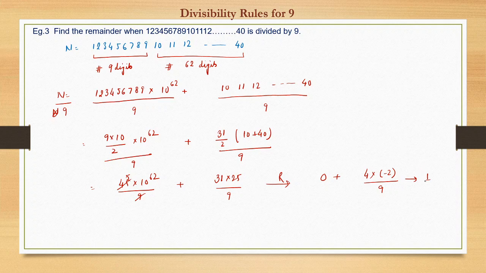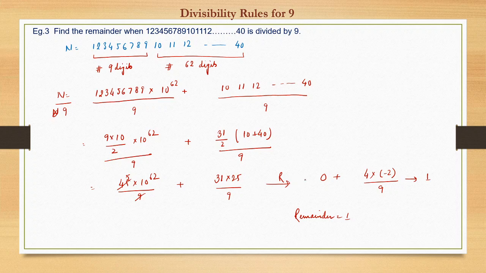So this way we can check. So what is the remainder? Remainder is 1. One method could have been to add all the digits 1 2 3 4 5 6 7 8 9 1 0 1 1 1 2, but that would have become tedious, as we would have to add all the 71 digits. So what we did basically, we divided this number into two parts. In the first part we added all the single digit numbers, and in the second part we added the numbers taking two at a time, and we know we can take any combination to check with 9. So that's what we did, and we obtained the remainder using the remainder theorem.